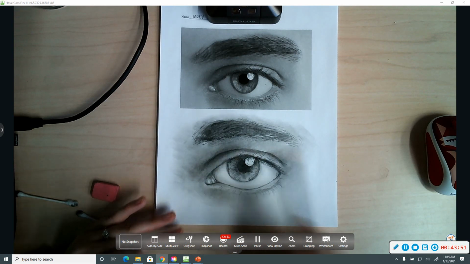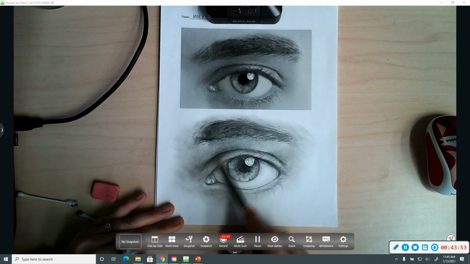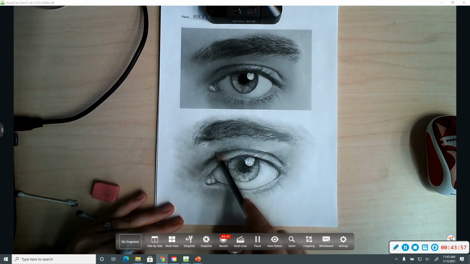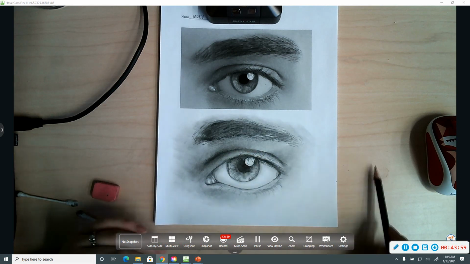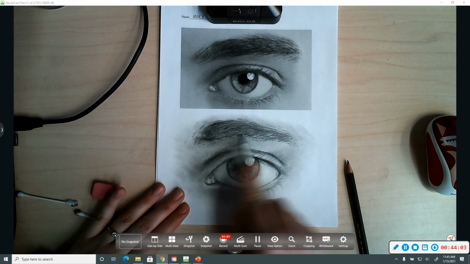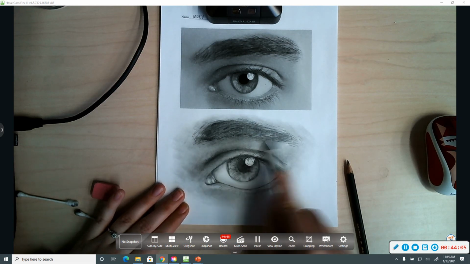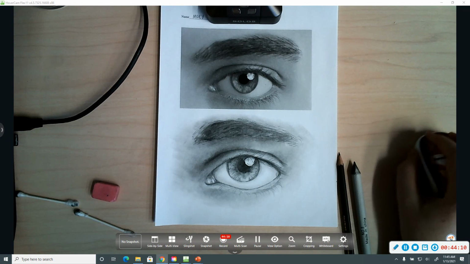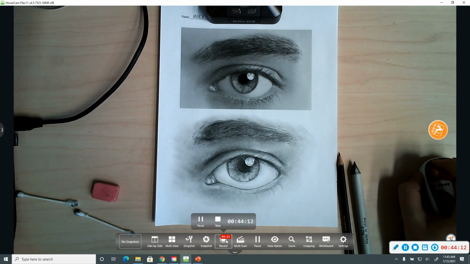And with the amount of time that is left in class, I think we might stick with the nose, because the nose, although it's a bit tricky, I don't think it takes as long as drawing the mouth. I'm going to stop right there, pause the video, and I'm going to hand back